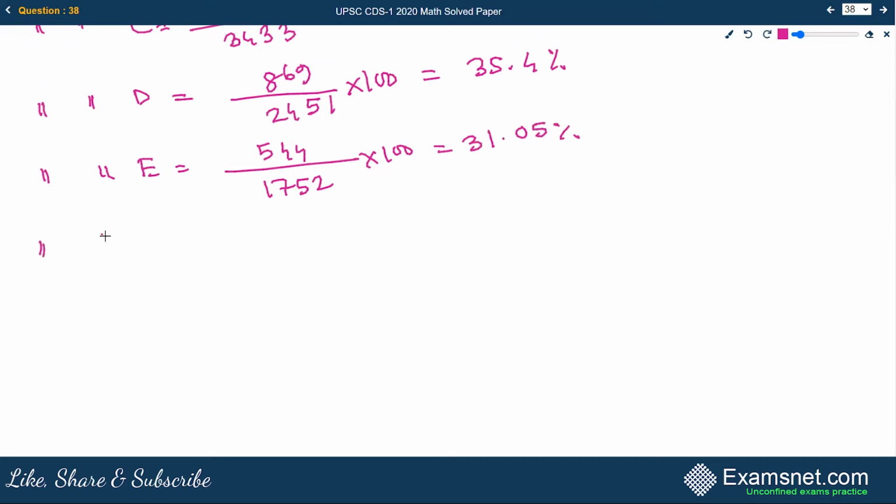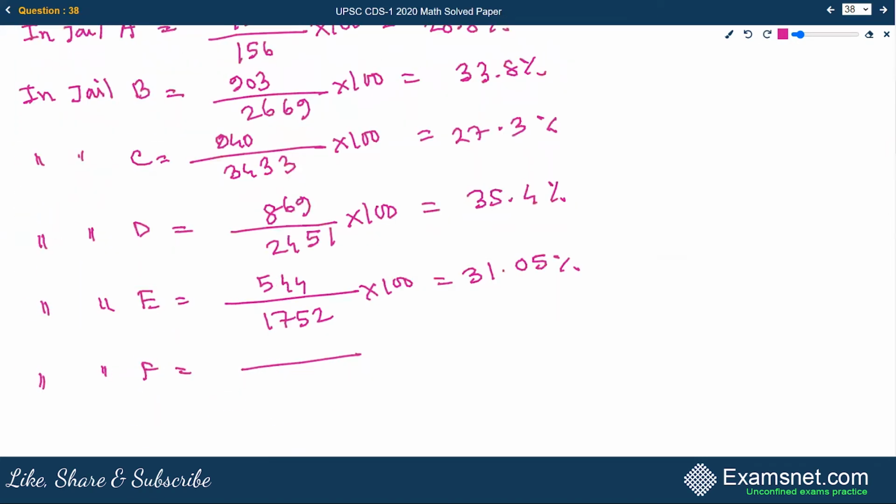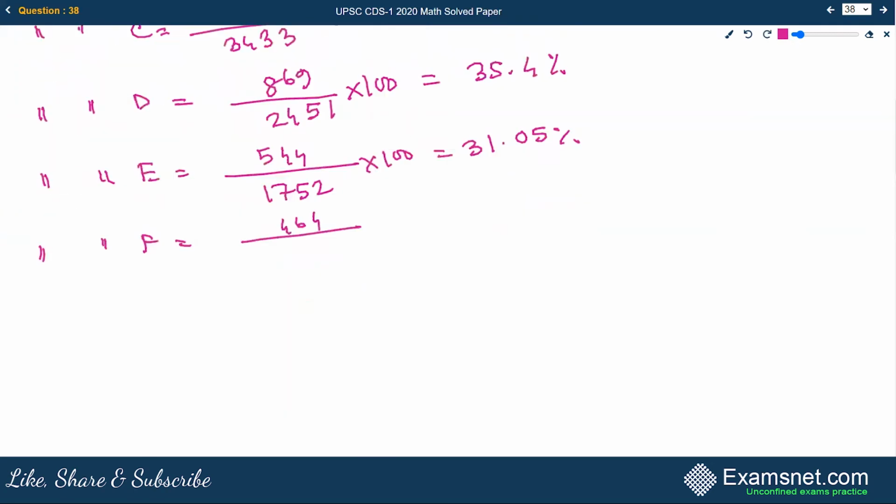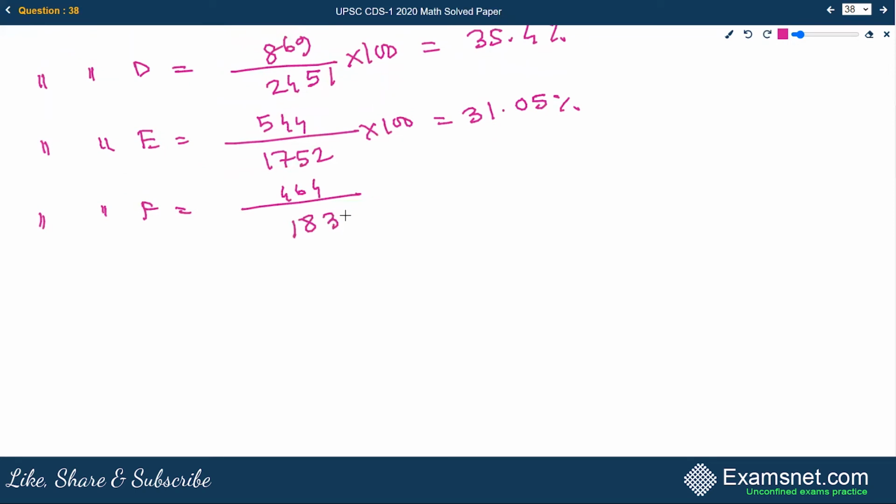Next, in jail F, the number of trained convicts is 464, and the total number of convicts 1,836 multiplied by 100 gives the value